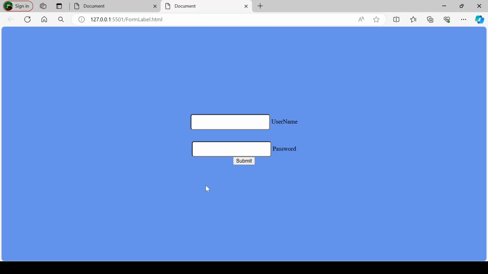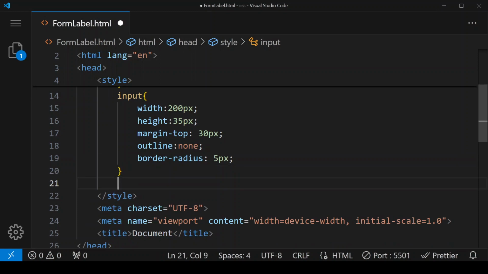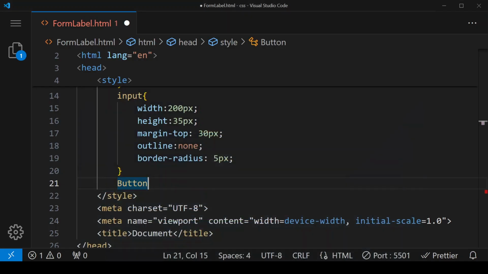So it has got the border radius of 5 pixel. Next thing we are going to do with this button, we need to bring this button here in the corner, plus we need to change its background color and all. So for button we'll be using button, and